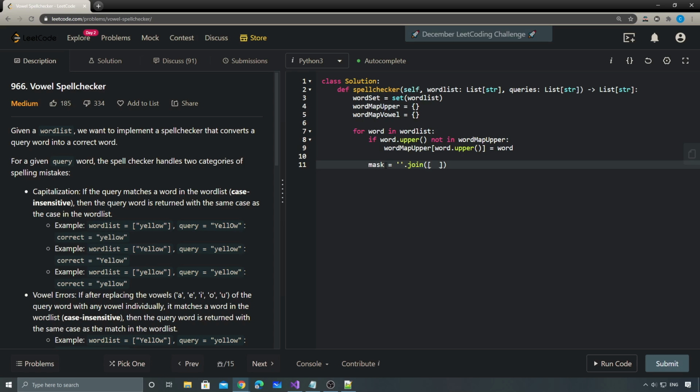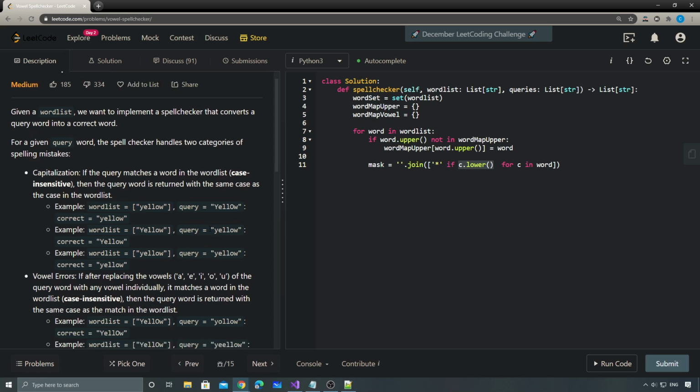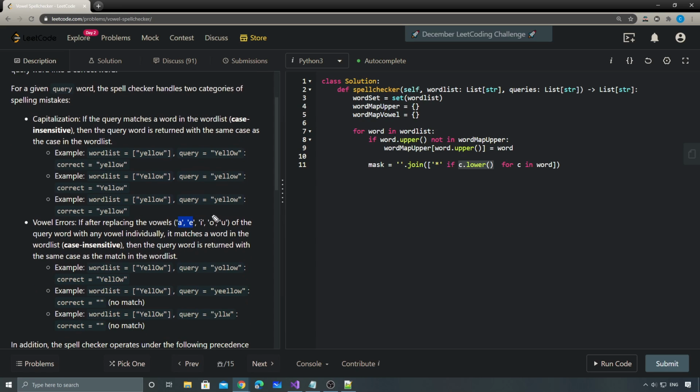For this one we traverse each letter in the word, so for c in the word, we convert it into a star in the first case, if c dot lowercase